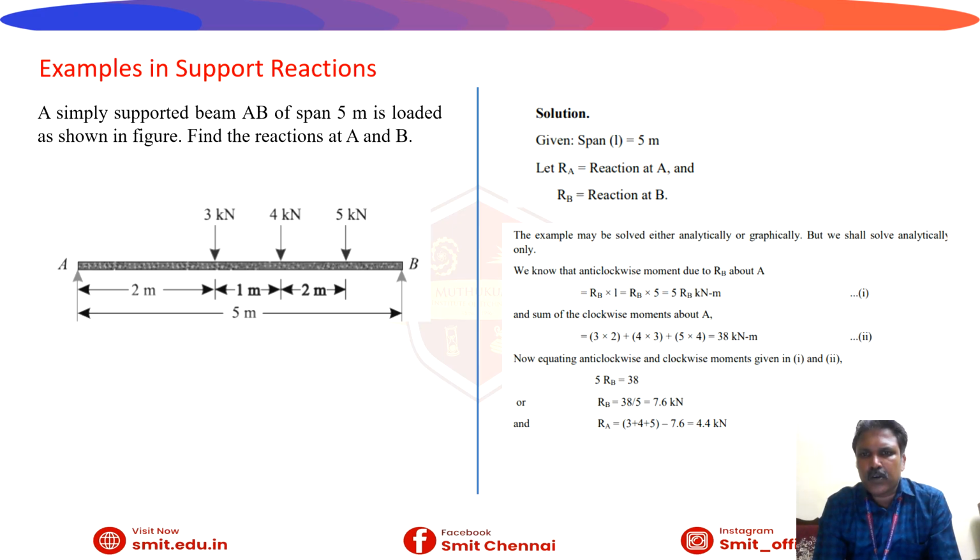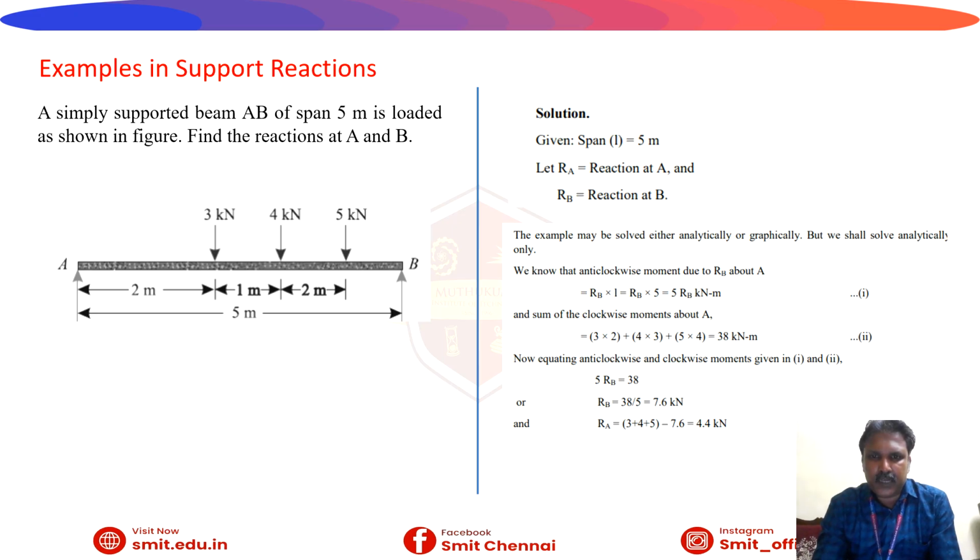The same procedure you have to follow again. You have to take the reactions RA at A and RB at B. Then what you have to do? Taking moment about point A, you will have that expression, RB into 5, which is equal to 5 RB kilonewton meter, and the summation of clockwise moments about A we are going to take, that is 3 into 2 plus 4 into 3 plus 5 into 4, which is equal to 38